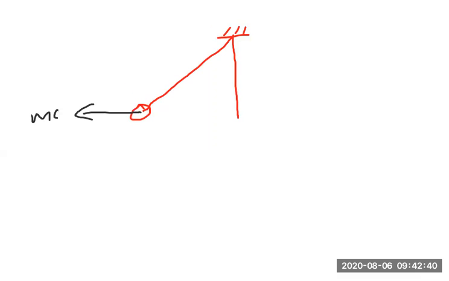Initially the pendulum is straight, but because the car is moving front with an acceleration, the force making the pendulum move back is the pseudo force. The pseudo force is mass into acceleration of the car, and the weight is acting downward. Now it makes an angle theta with the vertical. There also acts a force in the string, because the pendulum is suspended by a string. That is the tension. Tension will act towards the point of suspension.